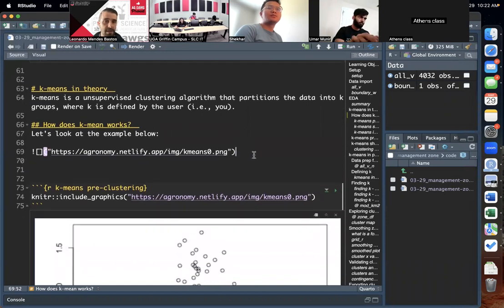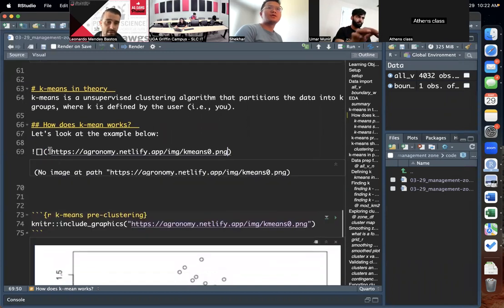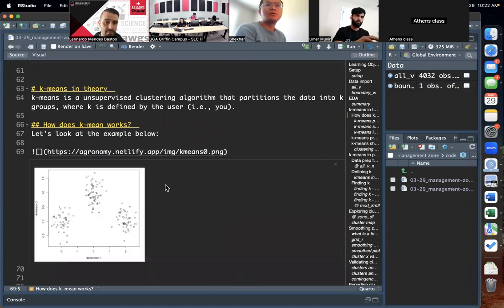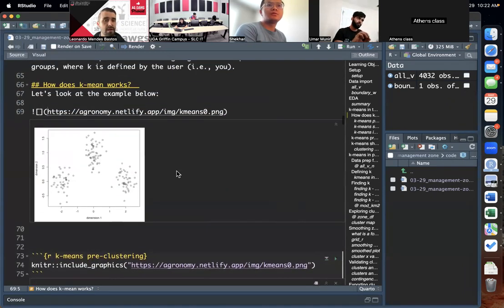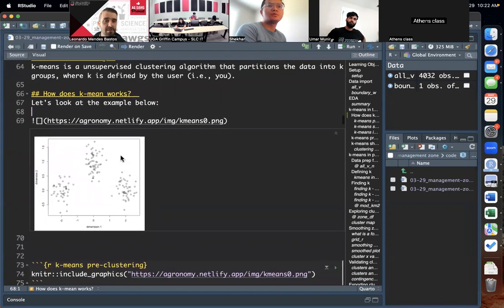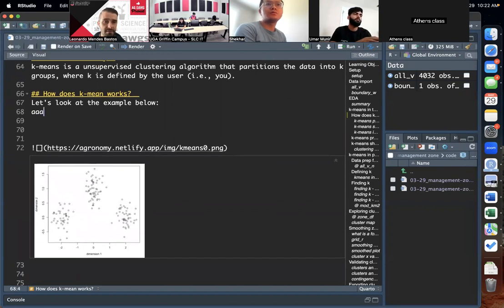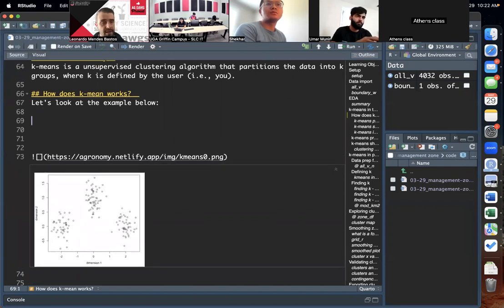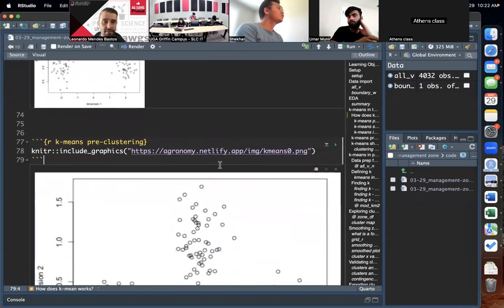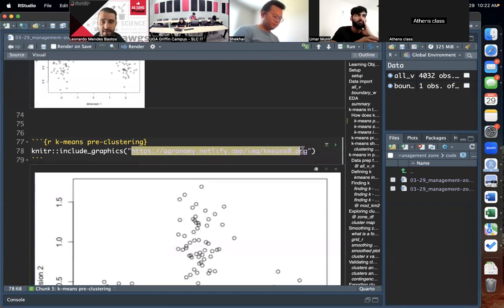Okay, well, let me try one more thing here. Let me ask you all to try this on your side. If you go outside of the chunk, on the space where you can add comments, add an exclamation point, open and close brackets, and leave the brackets empty. Open and close parentheses, and then from the chunk below, copy that address